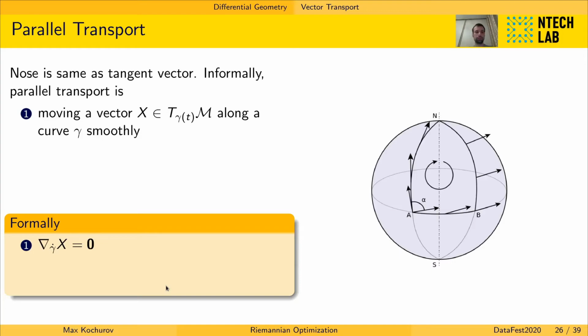Let's move to parallel transport itself. So your nose is the same as a tangent vector. And informally, parallel transport is the process, the instruction to move your nose